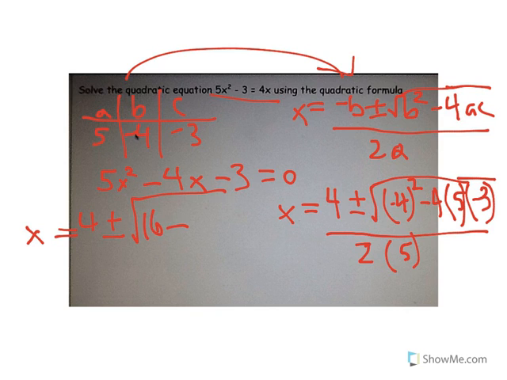minus, well, minus 4, well, let's just multiply this out. 4 times 5, 20, times negative 3 is going to be negative 60. But we're subtracting it, so it's actually going to be plus 60. And that's all going to be over 2 times 5, which is just going to be 10. So when I write it out one more time here, and this is basically as far as we can go on this, your final answer on this